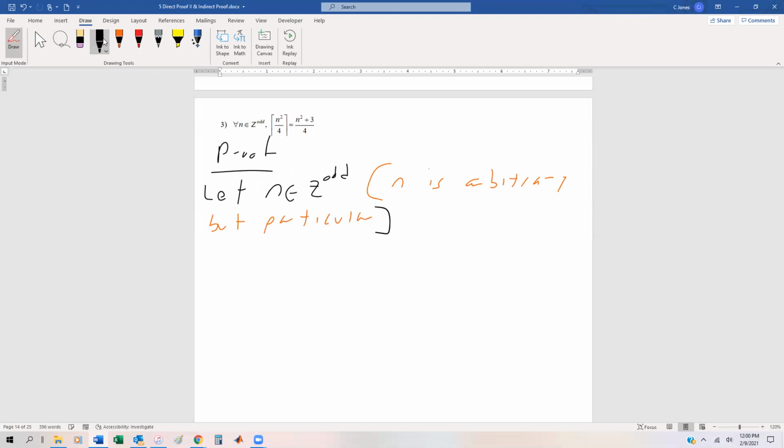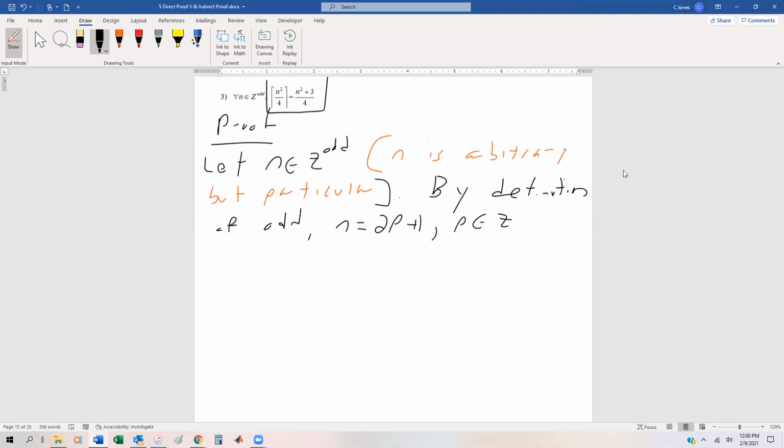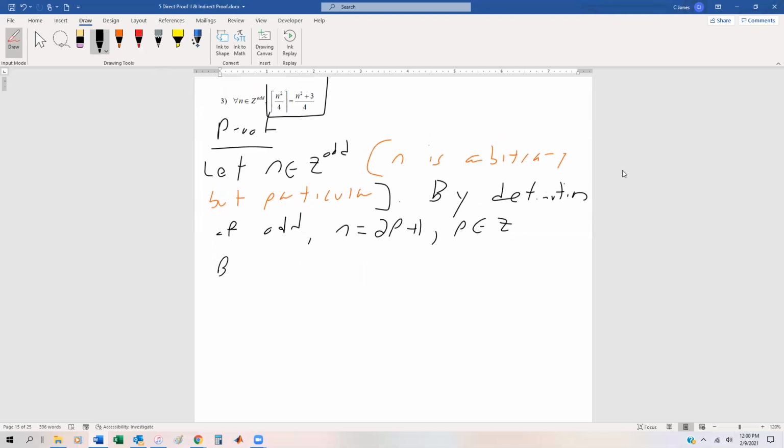And of course, we know by definition of odd, we can say that n is going to be equal to, let's just say 2p plus 1, where p is an integer. Now we're going to substitute into the equality, and we're hopefully going to simplify this. So let's go ahead and say by substitution,